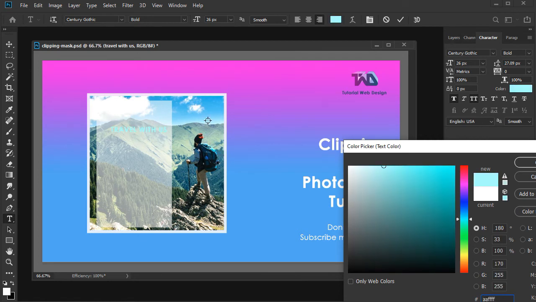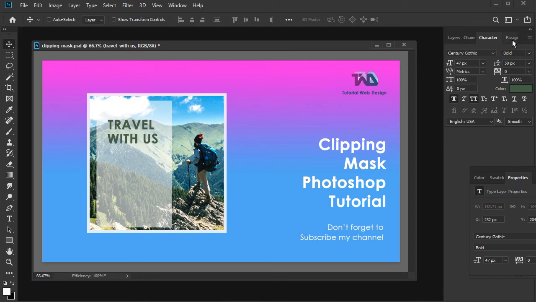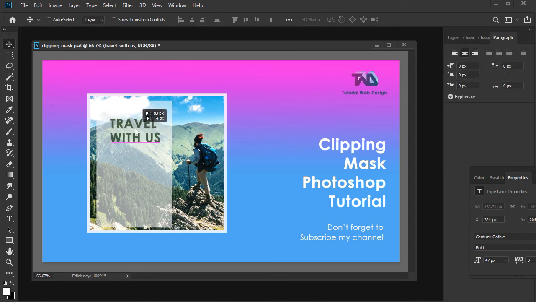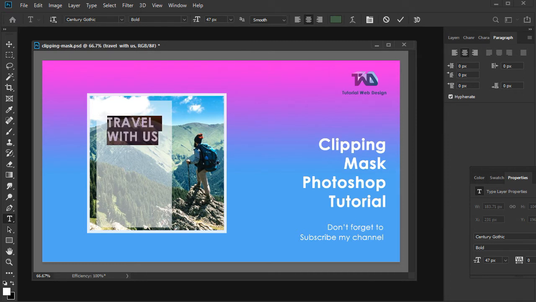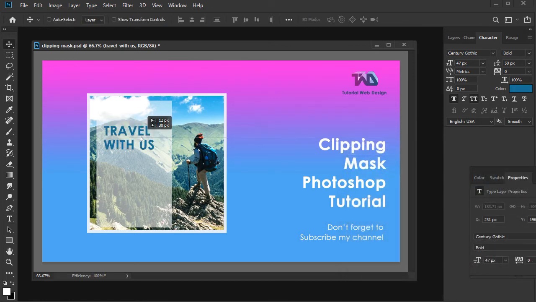Okay, travel with us. Increase the font size, line height, keep it center aligned. You can change the text color to blue or something else. Travel with us.